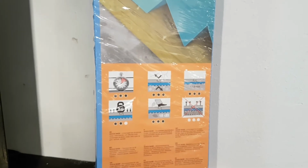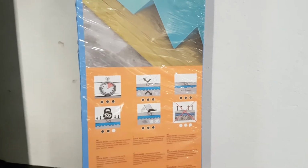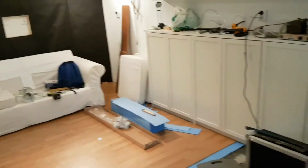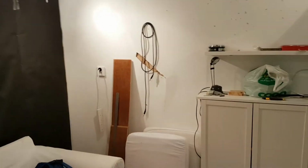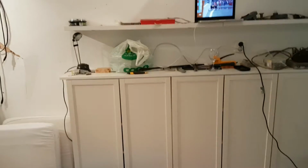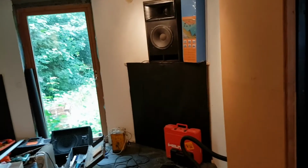I watched another couple of videos on the Tech 50, which is a high density rubber stuff that you can buy from Britain. But unfortunately, as I come across these problems here in Sweden all the time, the shipping costs more than the actual product does. And I just can't do it. Sweden is quite hard for getting a hold of soundproofing, gyprock, etc. It's just really hard to get a hold of here. So anyway, as you can see,